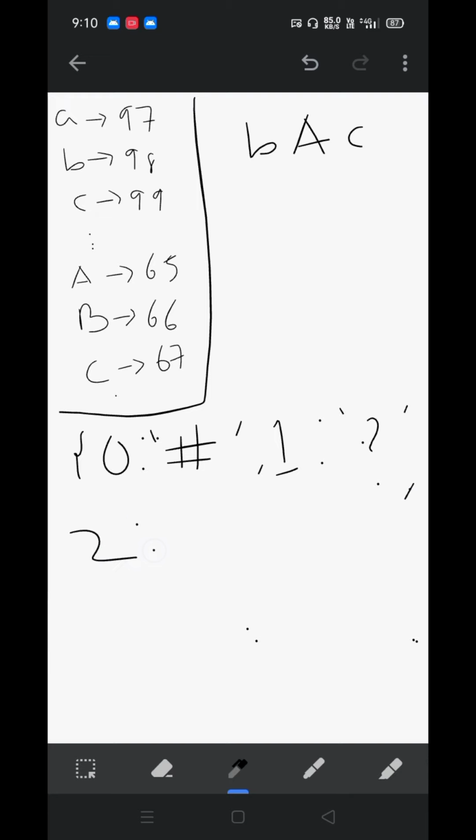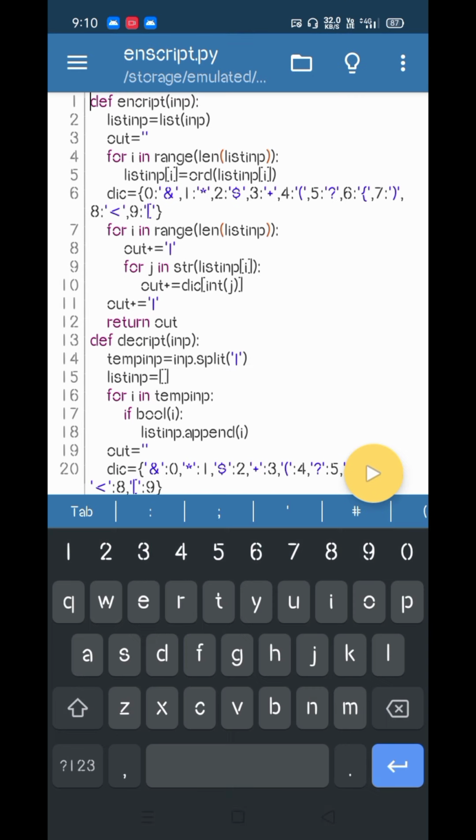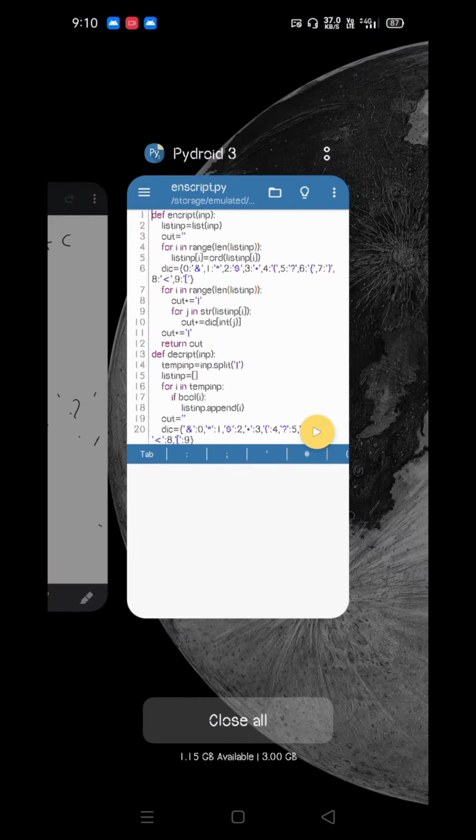This is just an example. I had already taken some symbols, so let me show you. Here you can see I had taken an and symbol for 0, star for 1, dollar for 2, plus for 3, like that. So we will consider only what we had taken here.